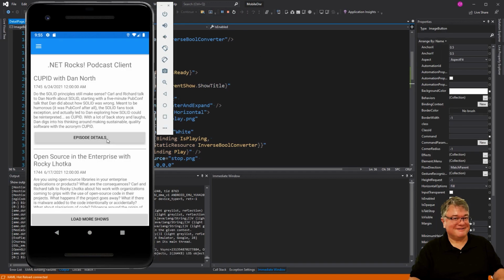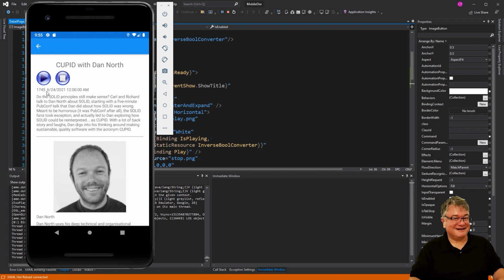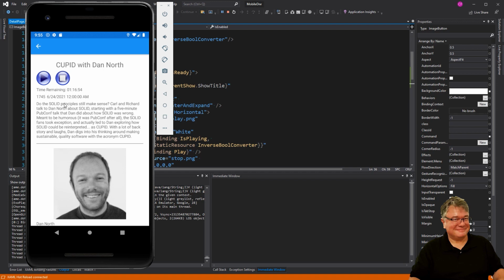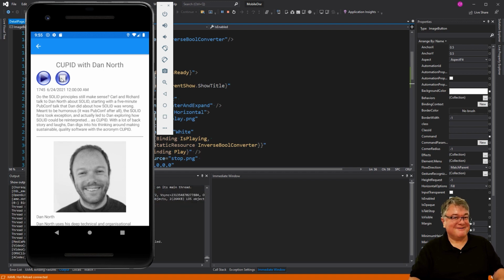All right, go to the episode details. And yeah, okay. So this one is actually disabled, but it doesn't look disabled. Worse is when I click on it, you see those flashes right there? It happens with the play button too. Now, play is disabled, so I won't be able to do that, but now I can stop. And yeah, this flashing, believe me, I looked to see if there was a fix for that, and there really